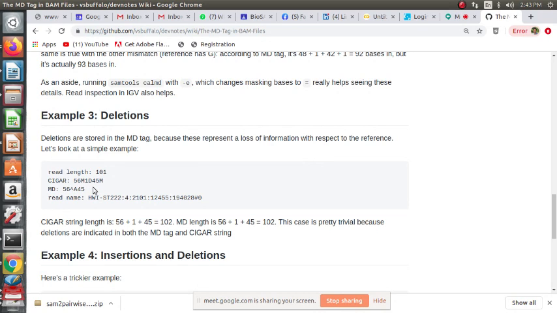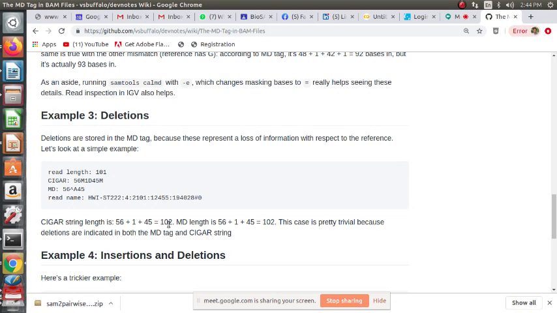So 56 plus 45 is 101, and the deletion is one base less. MD is going to be 56, caret, A for adenine, 45. The cigar string length is 56 plus 1 plus 45, which is 102.